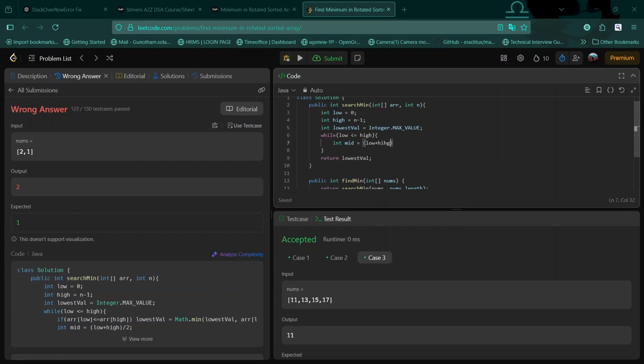Low plus high by 2. Okay. I have done that as well. Now I need to check whether the value of lowest is less than the array of mid. If it is, then I'm going to update the value of lowestVal equals to Math.min